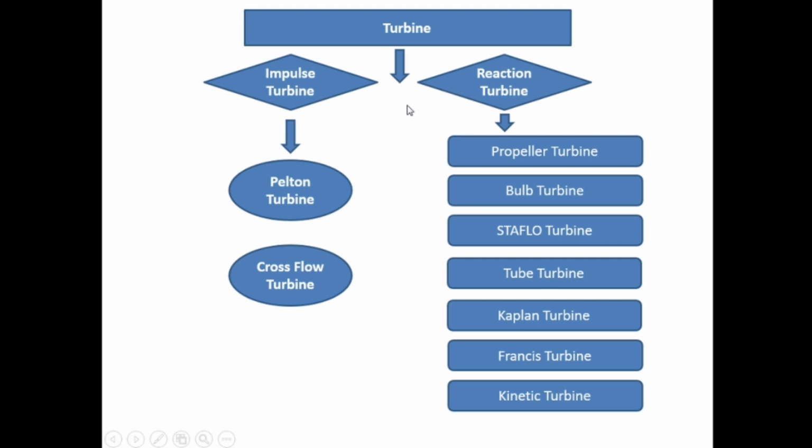Now, how to select a turbine? The selection of turbine is based on the height of the standing water, referred to as head, and the flow or volume of water at the site. Other factors are how deep the turbine must be set, efficiency and cost. Then you select the turbine.